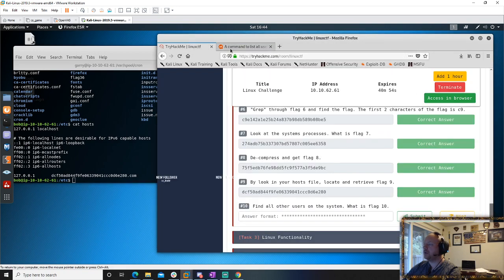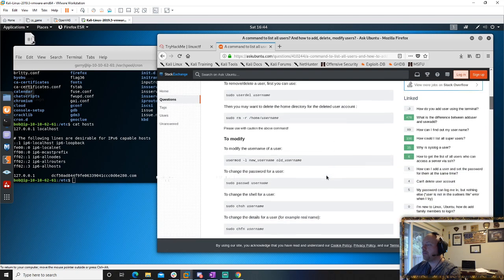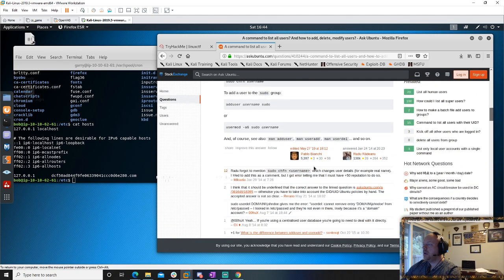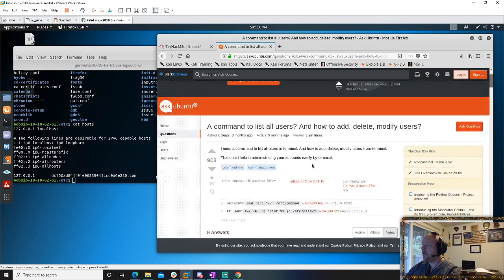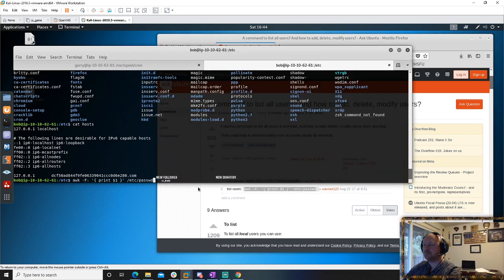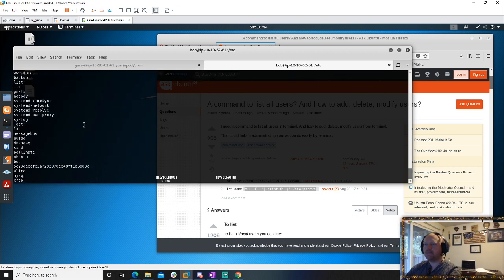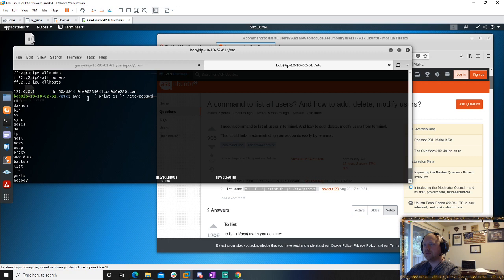It said find all other users on the system. Let's see if that works. Maybe it does, maybe it doesn't. Yep, looks like that command did. So this is a little regular expressions.